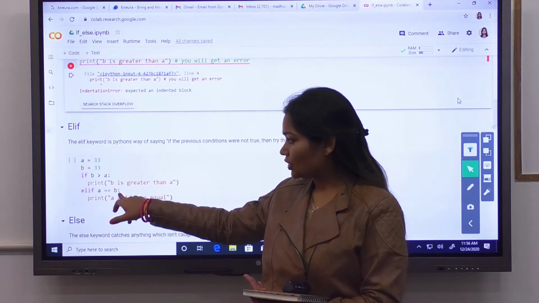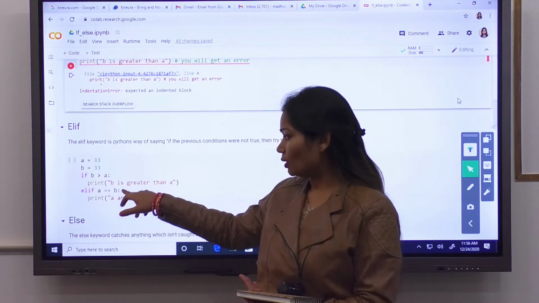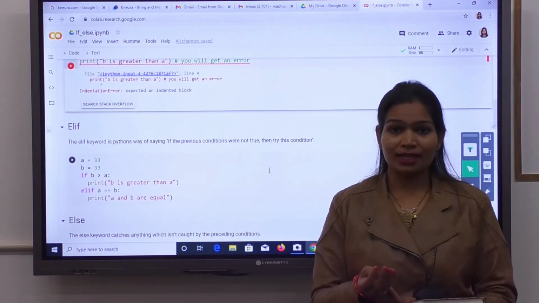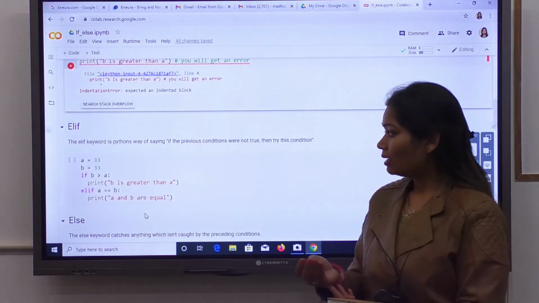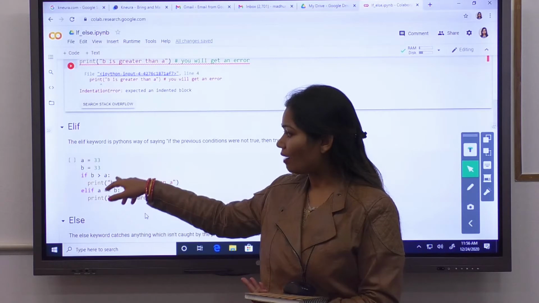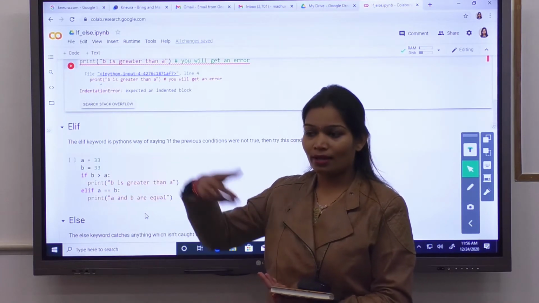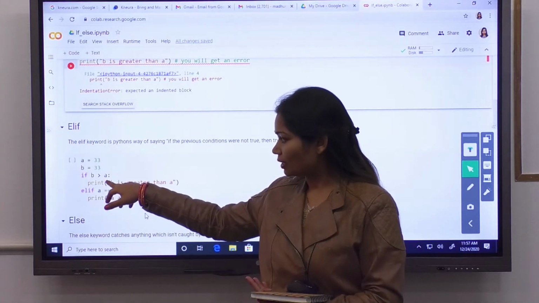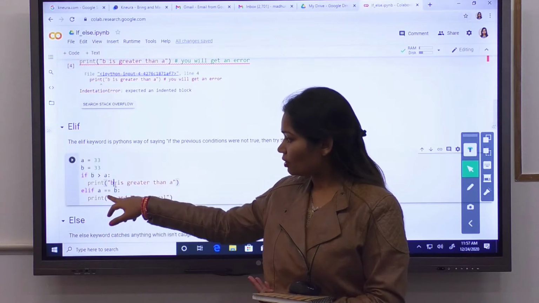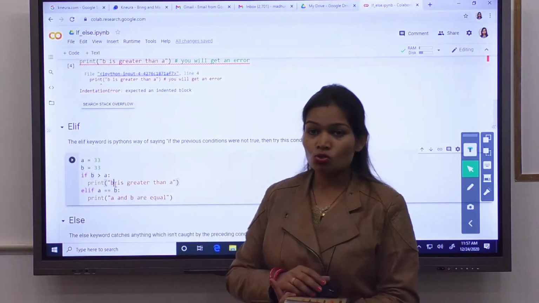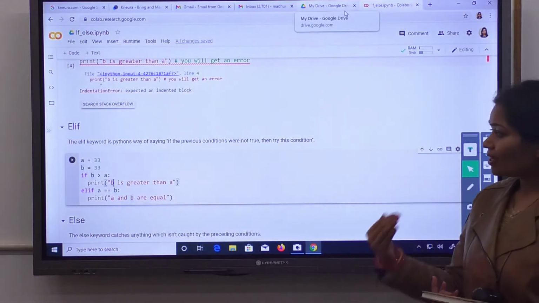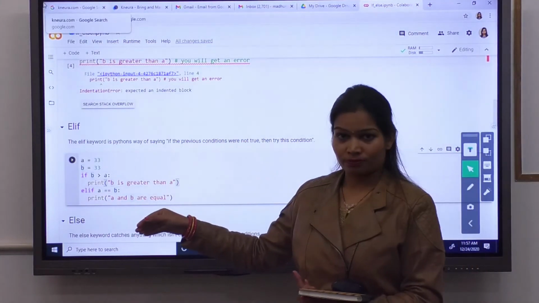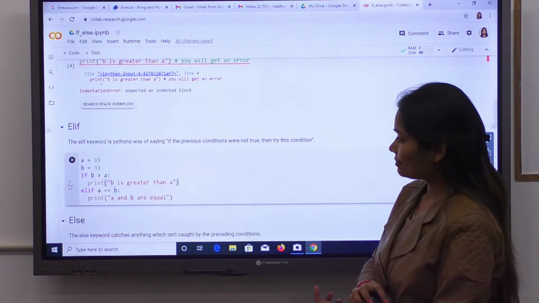In the next condition you can put the elif equal to b. So elif is checking the condition, at the same time the another situation which you have executed in this. For example, if we are having two conditions, then one condition we can check here, and another condition we can check in the elif. So elif is basically about, if the previous condition were not true, then try this condition. Okay, let's run this code.